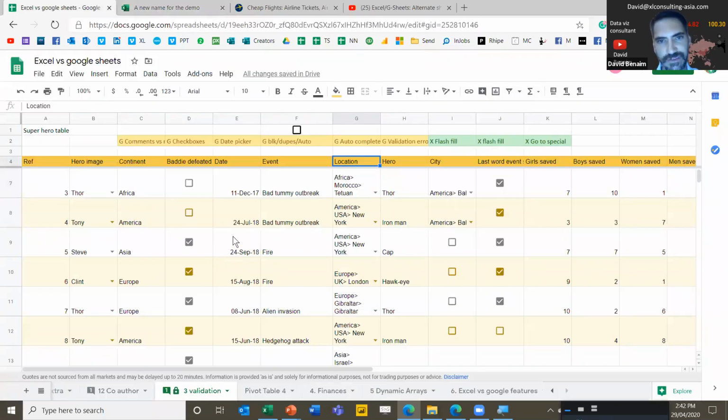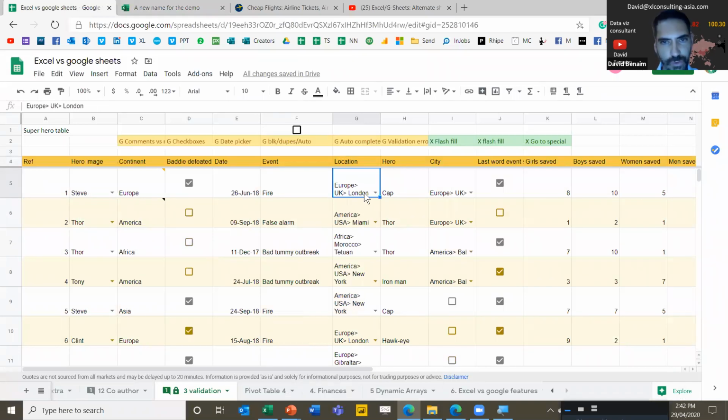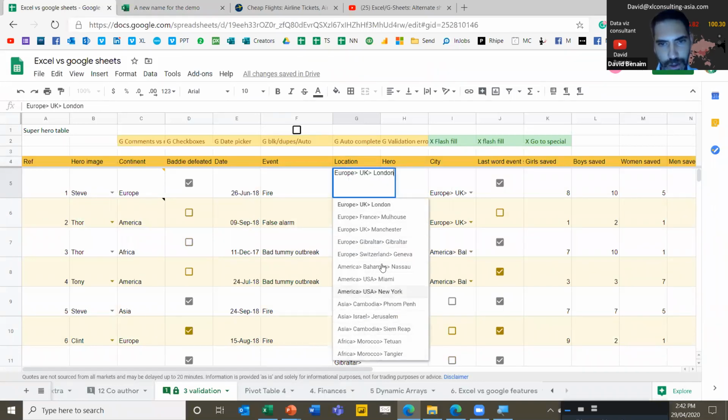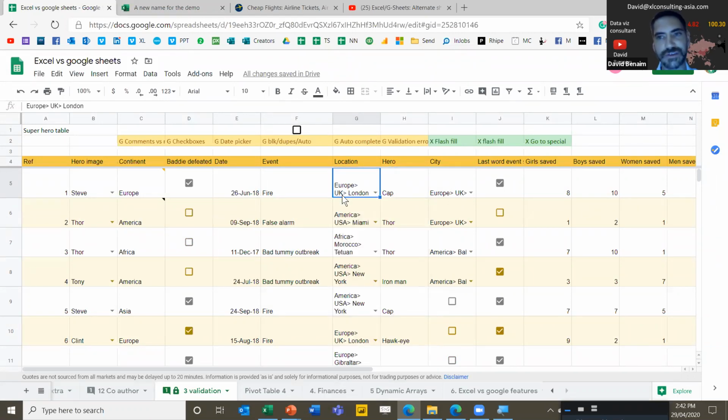When people need to do data entry, they don't want to scroll down long lists. This is not that long, but if you have a list of 300 items, which is not that rare, no one wants to do that. It's just going to mean they end up making mistakes because they don't end up doing it.